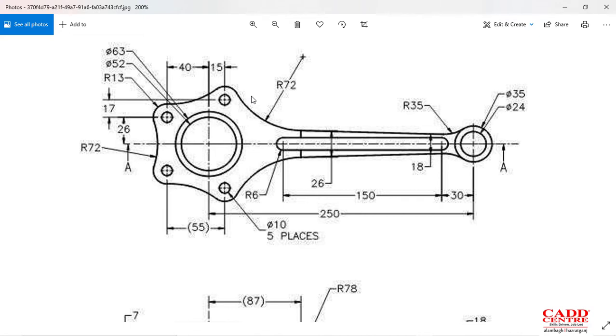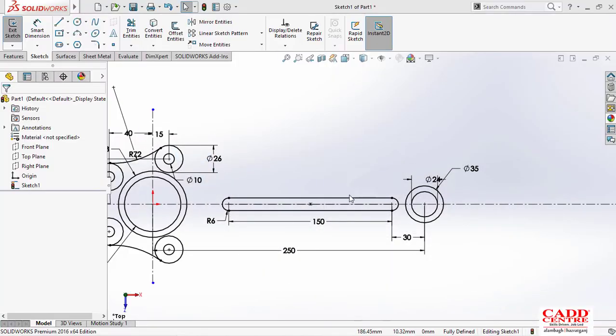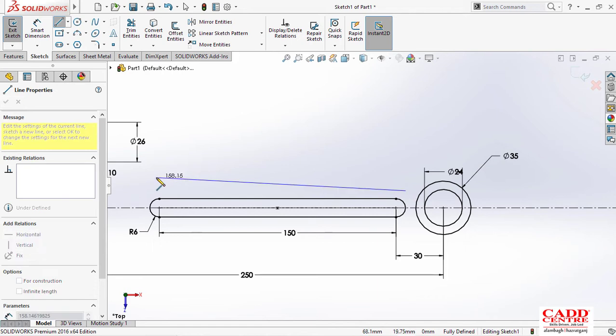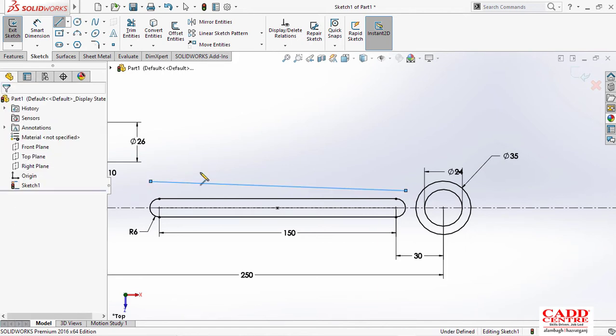So next we have to just make this line. As you can see, this is not a horizontal line, it's some inclined line, and they have given also the inclination, means first it was 18 and then it was 26. So I'll just draw one line, so that distance will be 9 and this will be 13. Okay, so let me just draw one inclined line like this, and just give the distance.